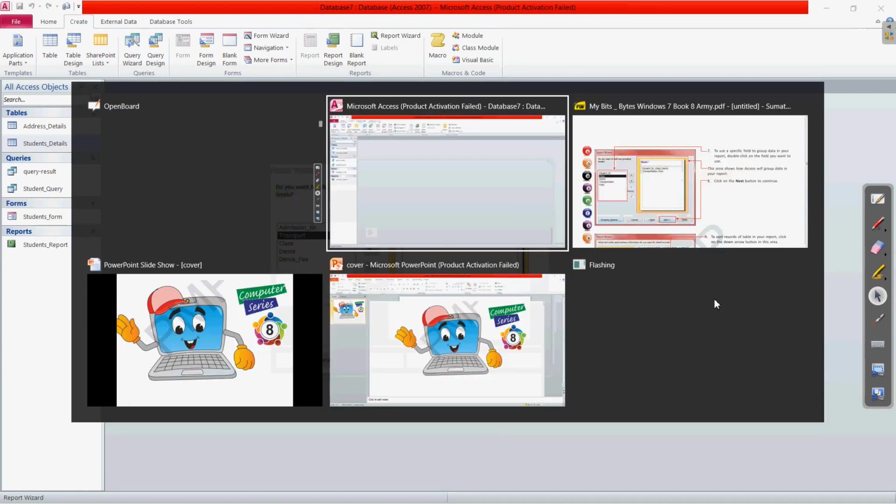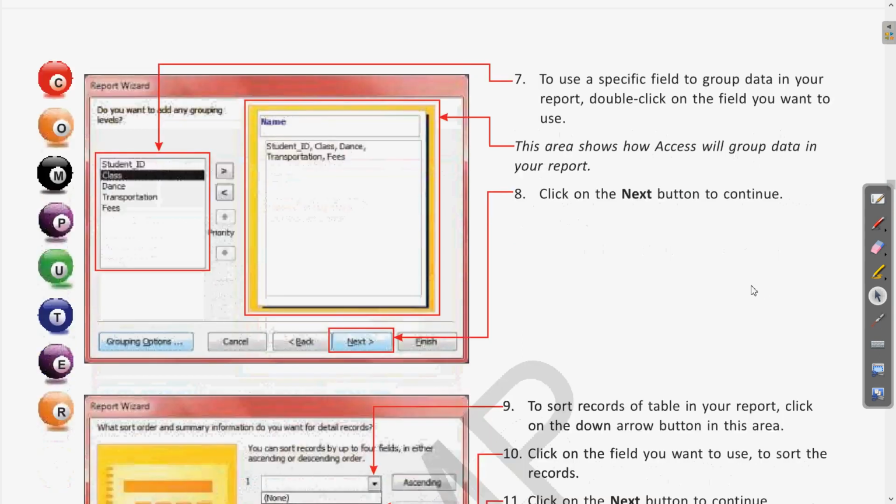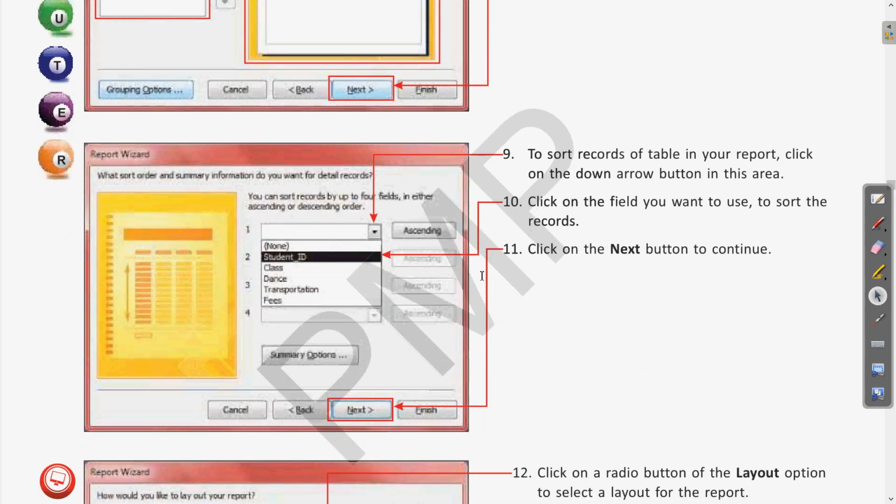Come again to the book first. When you click the Next button after this group selection, the window will give you these options. Step number 9: to sort records of the table in the report, click on the down arrow button in this area. Clear?